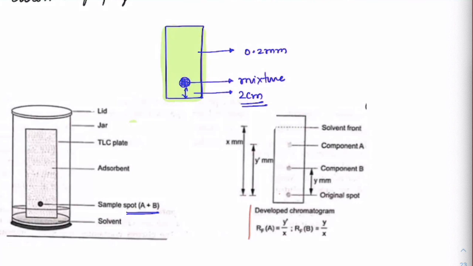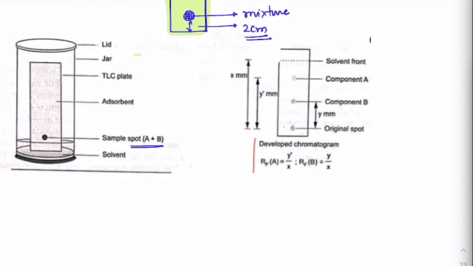Sometimes if the color is not found, just put it under the ultraviolet scanner, we will be able to see the colors. Okay, especially in the lab, for thin layer chromatography, there is an instrument, the TLC instrument. In that we will have two zones, visible zone as well as ultraviolet zone. When nothing is seen in visible zone, we'll switch on the ultraviolet light and see in that zone whether it got separated or not.